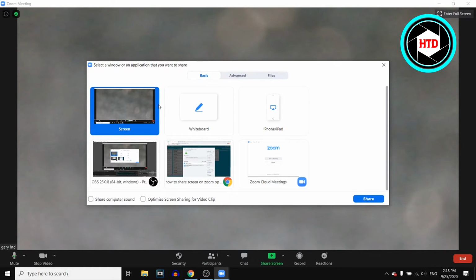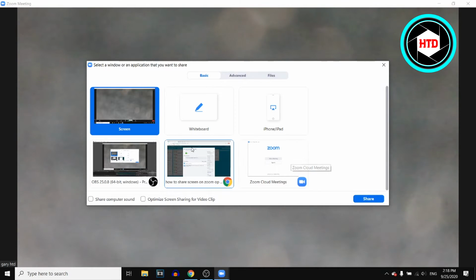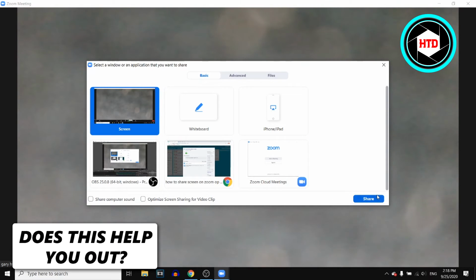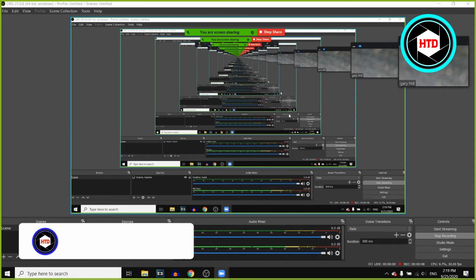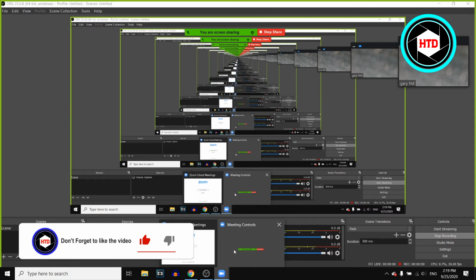You could then choose which screen you would like to share. For example, if I just click right there, click on share, and there we go. So I'm now sharing my screen. This looks really weird because I'm screen recording this, but yeah, that's pretty much how you can share your screen